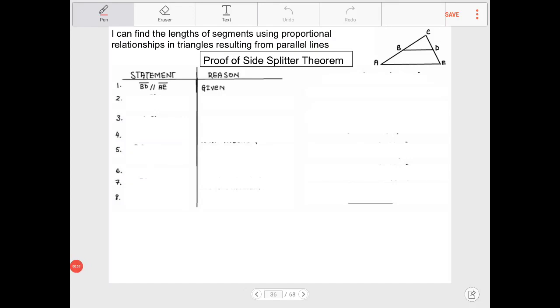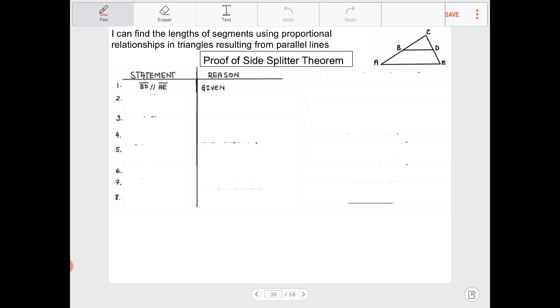Hello students, this is a supplemental video on the side splitter theorem that was in lesson U5A04a. In that lesson I did not go over the derivation of this theorem, so I'm going to go over it right now because it may not necessarily be as obvious. To prove why the side splitter theorem works,